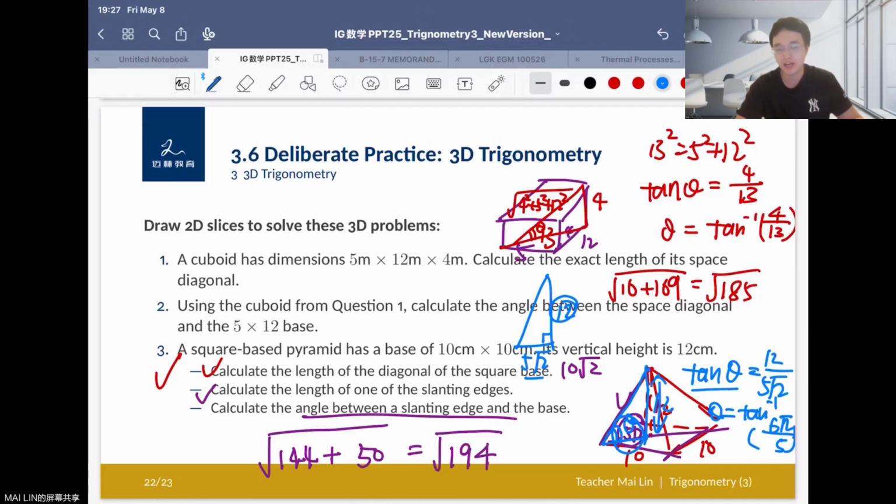So I hope this can help you to fully understand how to calculate the exact values in three-dimensional triangles, okay? Sometimes they're very hard to find, but if you're very familiar with the two models right here, one is the cuboid, another is the square-based pyramid, okay? They appeared a lot of times in past papers, so they're very important. If you have time, please rewrite the problems again. I hope you can